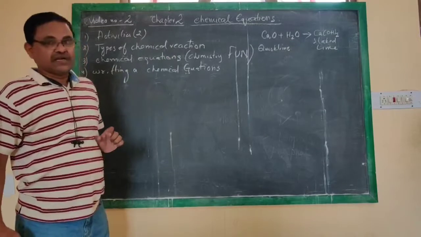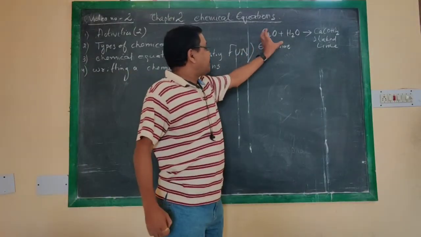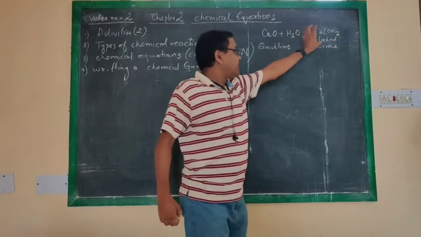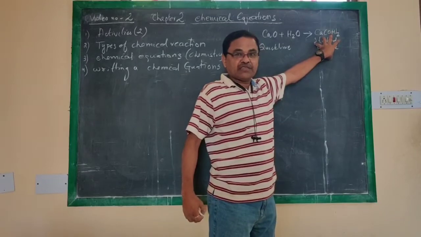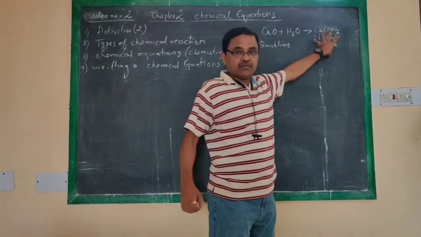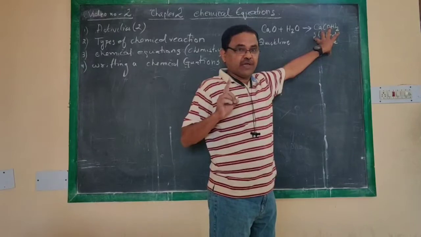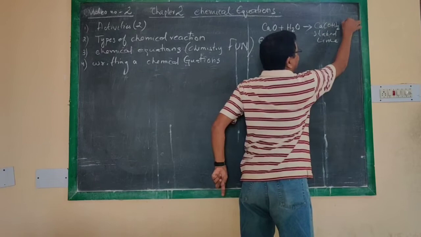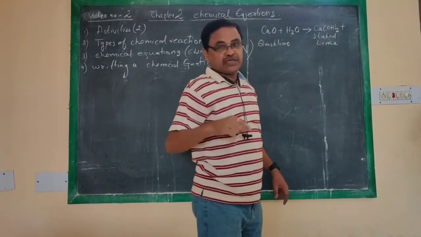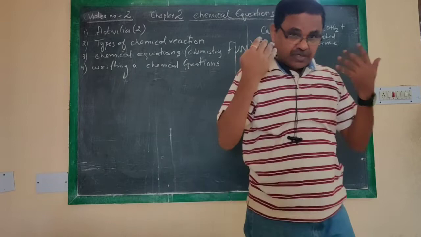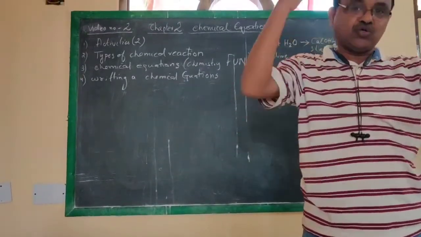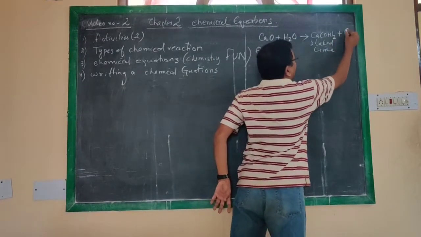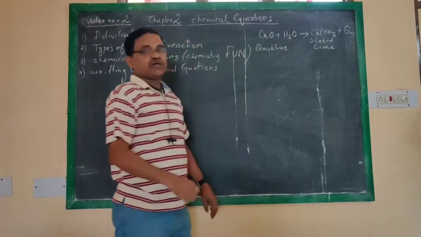What is our observation in this one? When 1 gram of calcium oxide is mixed with 10 ml of water, we get slaked lime, which we call calcium hydroxide. The most important observation is that energy is released. Whenever energy is liberated or evolved, when the energy goes out of the reaction, it is denoted by a plus sign and a symbol like Q.